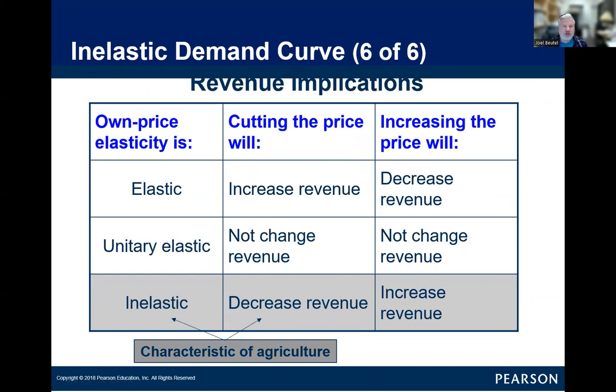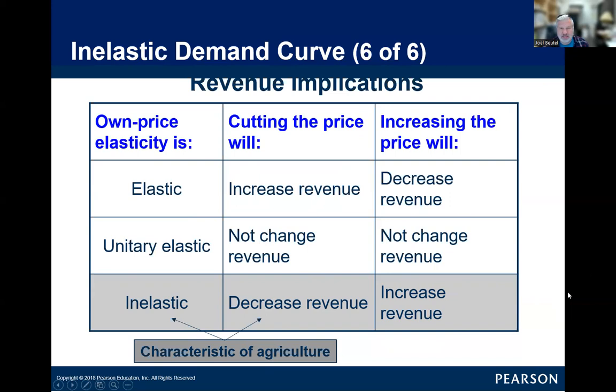Characteristically, agricultural goods are represented by inelastic demand for their products, right? And that's just because agricultural goods represent things that we need, right? Now we might substitute one good for the other, but agricultural goods as a group are fairly inelastic. Not perfectly, but fairly. So this bottom row is really what we're going to be focusing